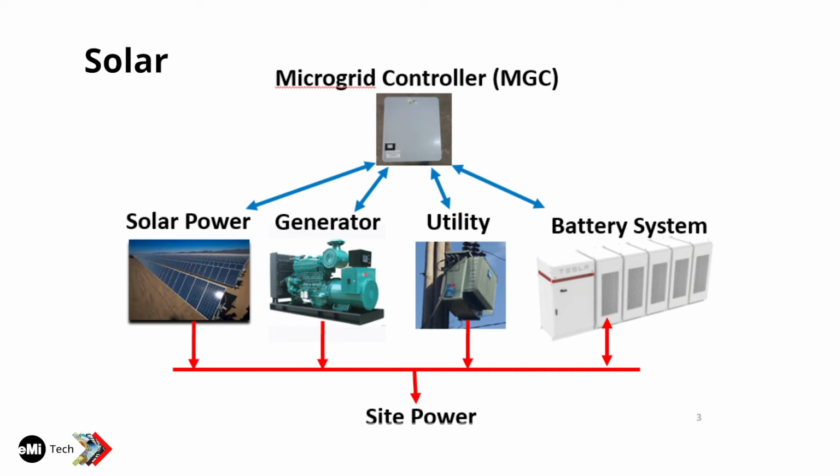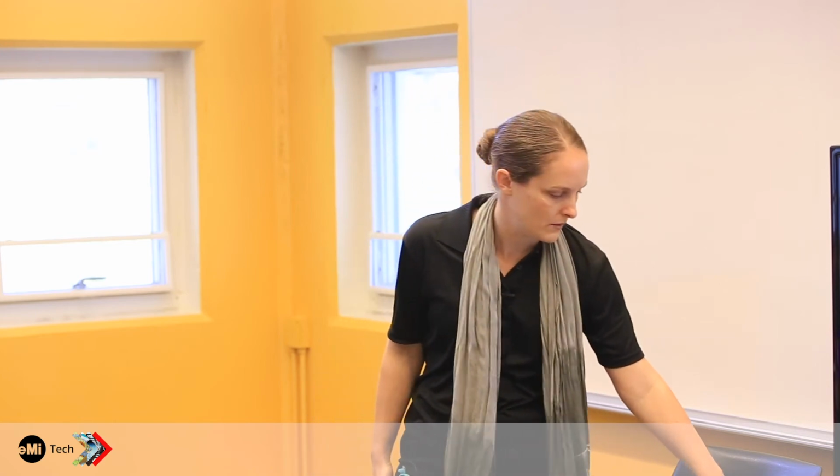So it's going to make a highest priority to the solar. It's going to try to use 100% of that power. And the battery system is to try to store the extra solar during the middle of the day for usage at night. And then you've got the utility as the second priority. And then you want to just rarely use the generator. If anything, ideal system, you just want to exercise it every once in a while to keep it healthy, but you want to reduce the amount of diesel fuel because that's always the most expensive source.